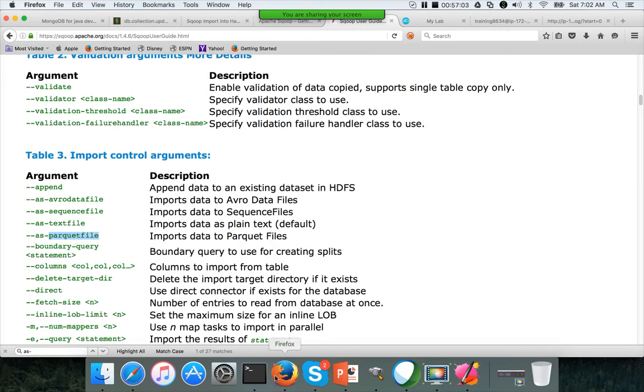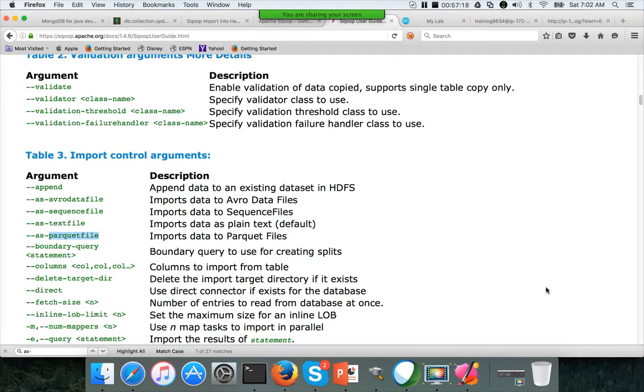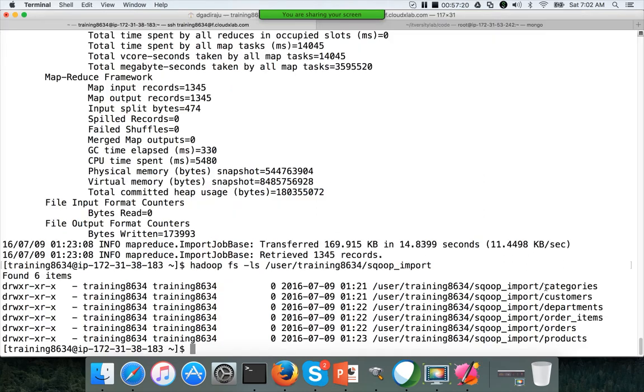So yeah, now let me go back here. The purpose of warehouse directory is that it can create a directory with the table name. So when we use Sqoop import-all-tables, you have to specify it like this. I just ran Sqoop import-all-tables to explain how it will actually run the query to get the metadata using limit 1, create a Java file, compile the Java file, and run the MapReduce job, and how we can access the logs for that Sqoop command.